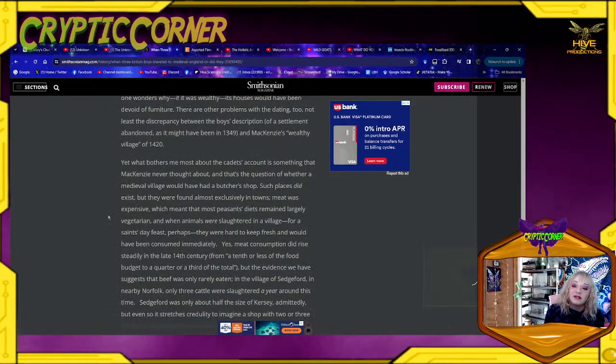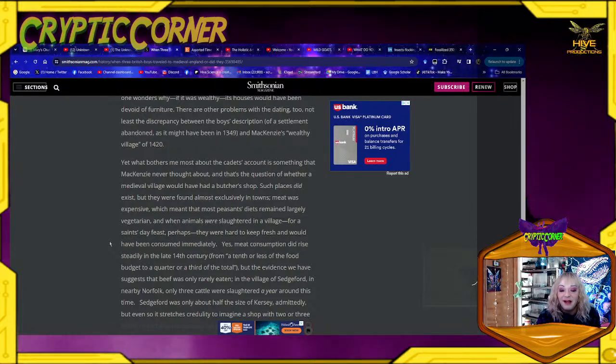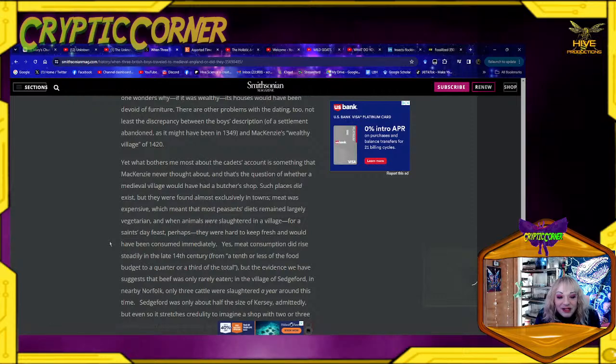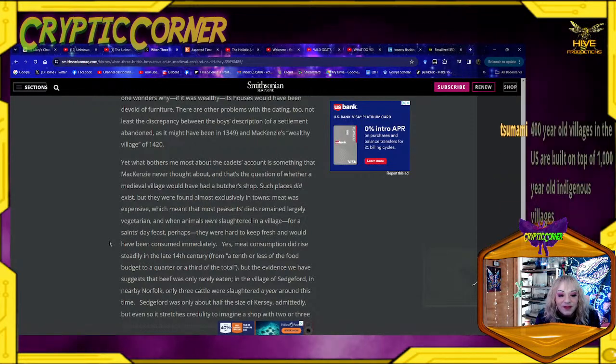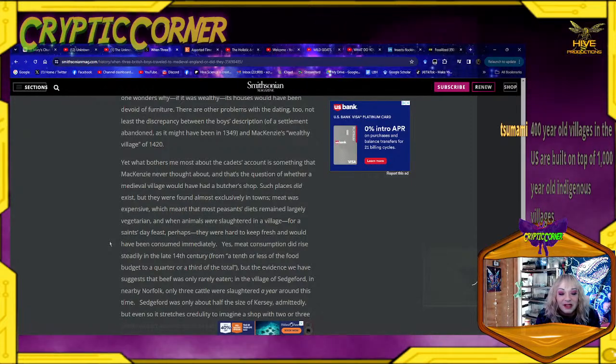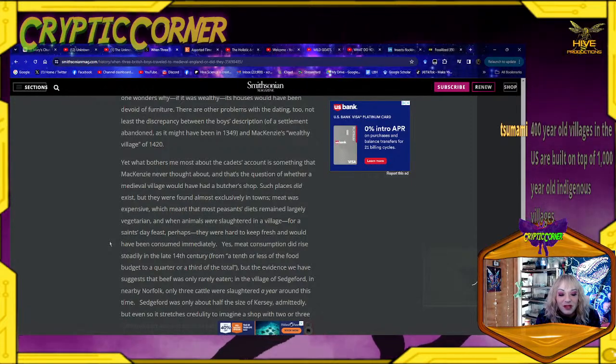Yeah, that's the time stuff that I was talking about. The time frame doesn't really line up, right? Three teenage boys playing a prank. The village itself is probably pretty cool, though. Yeah, I think it sounds pretty cool. These pictures look pretty cool. I love the aesthetic. I do too.